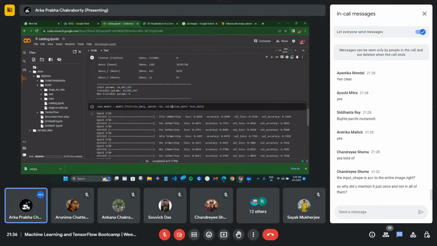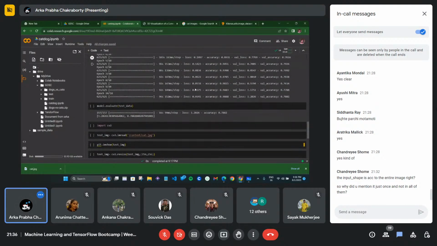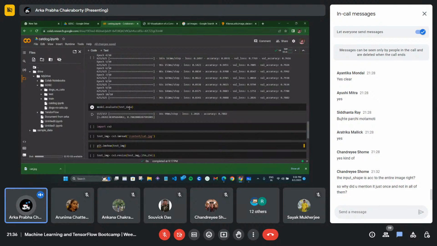My computer is also lagging. After that, you have to go with model.evaluate. It will run on the test data. That means, whatever you have trained your model on, how your model is performing on the test data.